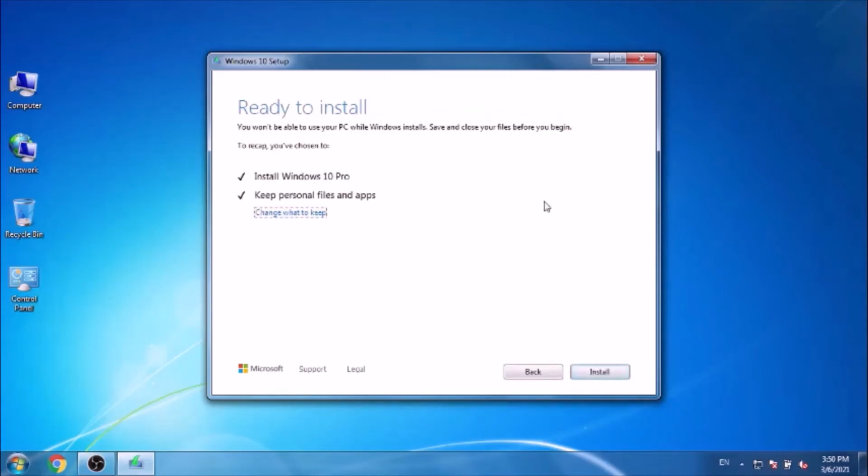Now another window will come, ready to install. There are two main options ticked already: Install Windows 10 Pro and keep personal files and apps. And under that you can see Change what to keep. If you click that one, there you can see more options, where you can keep your files and applications.